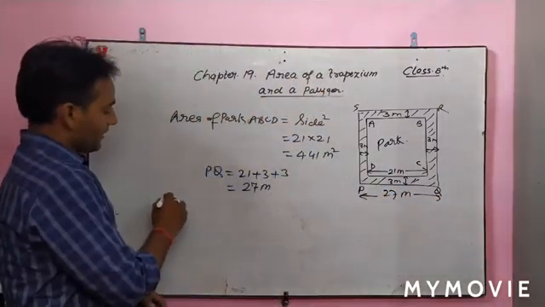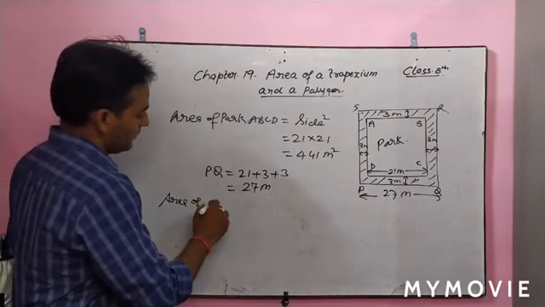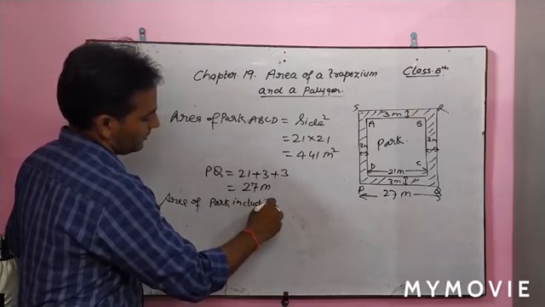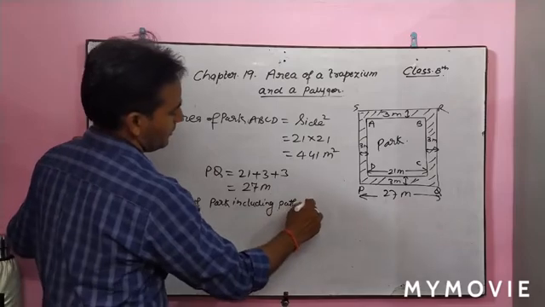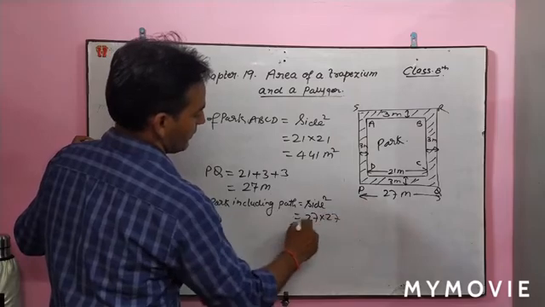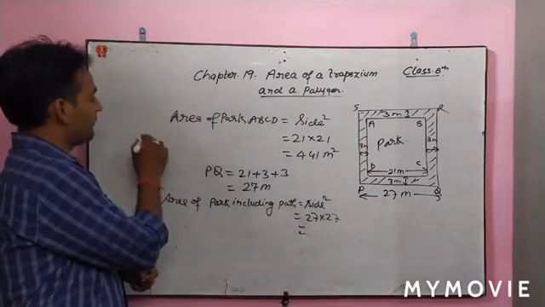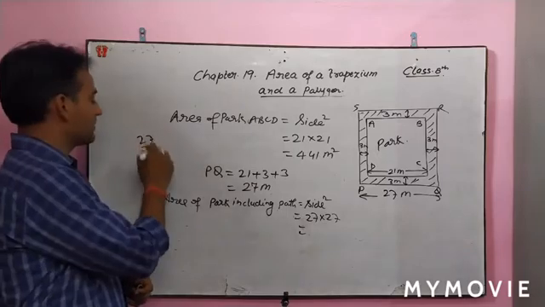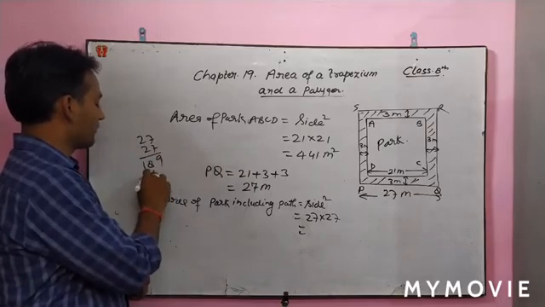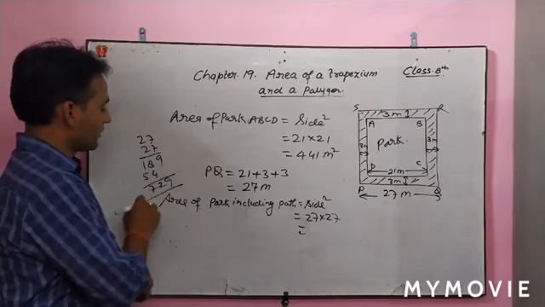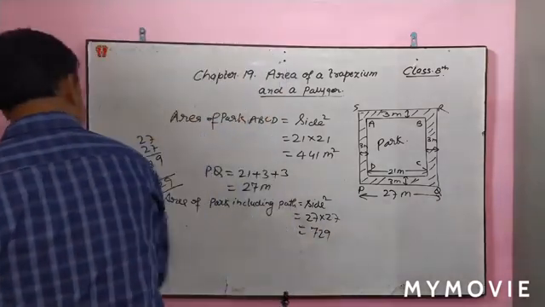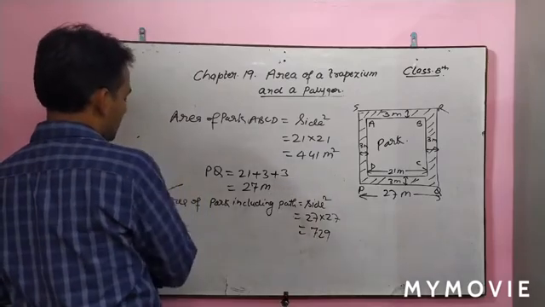Now, we will write area of park including path, that is road, side square. And now the new side is 27. So 27 into 27. Let us find out the square of 27. You can multiply 27 multiplied by 27. 7 7s are 49. 7 2s are 14 and 4 is 18. 2 7s are 14. 2 2s are 4 and 1 is 5. So 9, 8, 4 12, 7. 729. Is this correct? Okay, if this is wrong, please correct it afterwards.